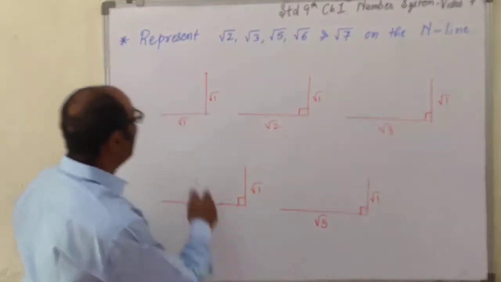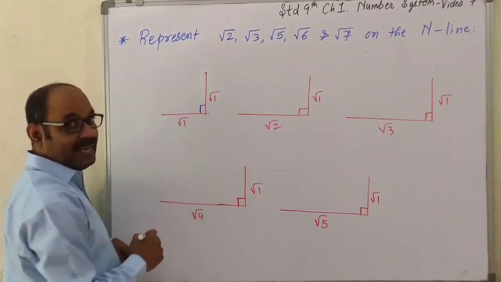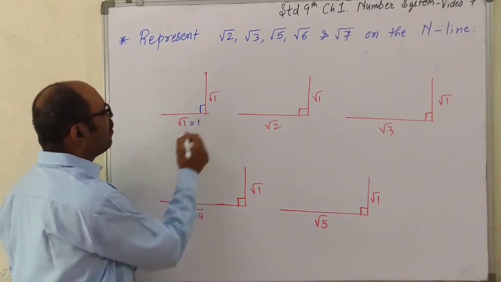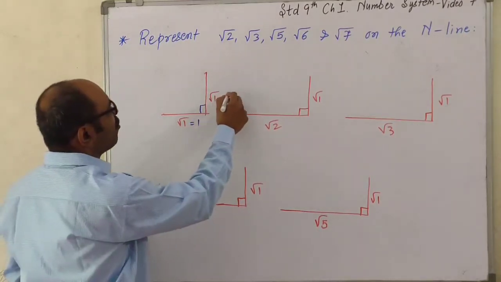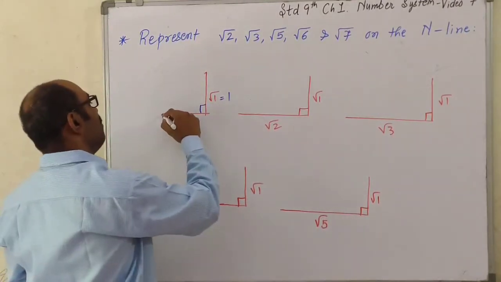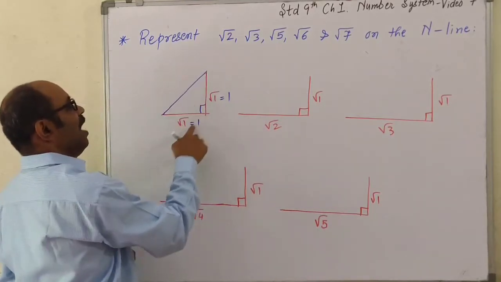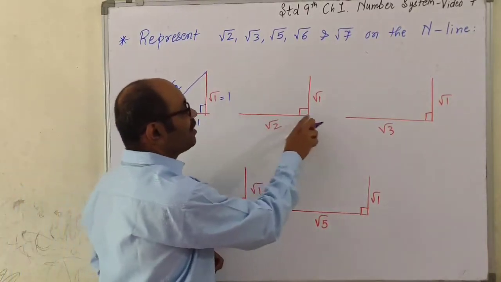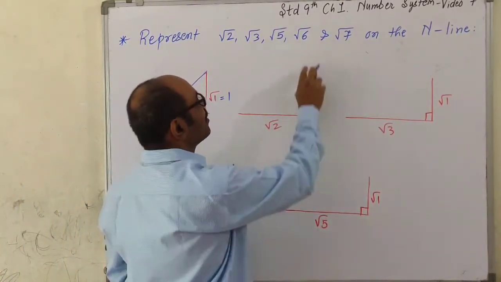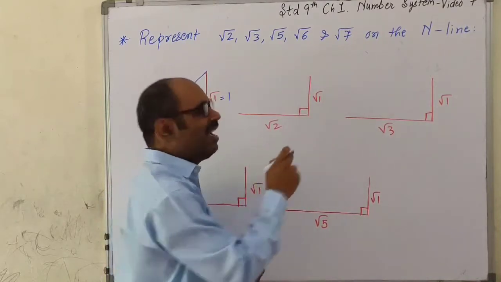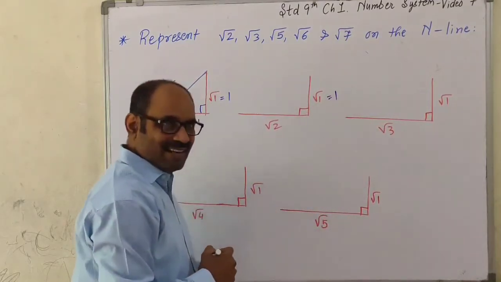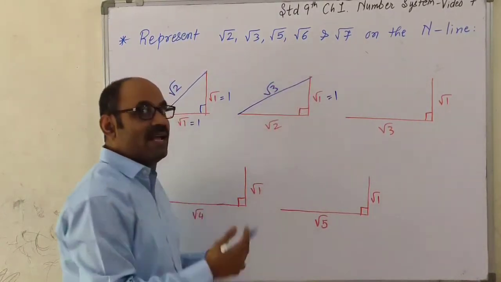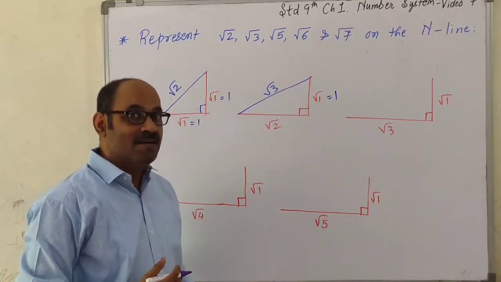Look. These two sides are making a right angle. One side, the length is √1, which is a perfect square, so you can say 1. This is also √1, so 1 unit. So what will be the hypotenuse, the side opposite to that? 1 plus 1, 2, so it will be √2 units. Okay, this time this side is √2 units in length. The other side perpendicular to it is 1 unit in length. Square root of 1 is 1. Correct? So 2 plus 1, 3. This will be √3. That we have seen, how we are getting it using the Pythagoras principle.